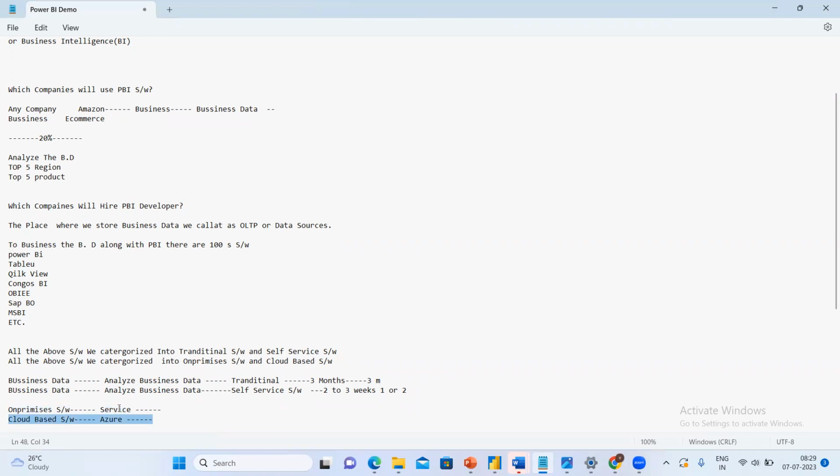But on-premise, you purchase things beforehand, and if that is crossed, again you need to purchase, and you need to maintain the security. On the cloud, once you mention the cloud, security is also maintained by Microsoft. We don't have any maintenance. Total maintenance will be done by Microsoft people, guys. And on-premise, you can only log on to the particular server and access it. But coming to Azure or cloud sources, this is online. You can log on from anywhere in the world and see the data. That is a major advantage between on-premise and cloud sources.